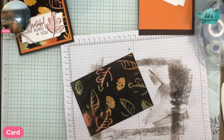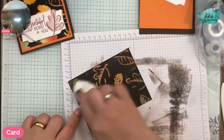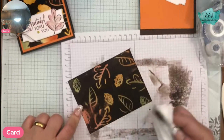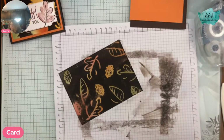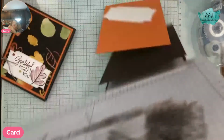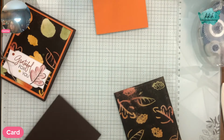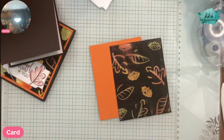Then we take a tissue and we just wipe off all those glossy parts so that they pop just a little more. Get this out of the way. This is going to layer onto our pumpkin pie. But before we do that, we need,